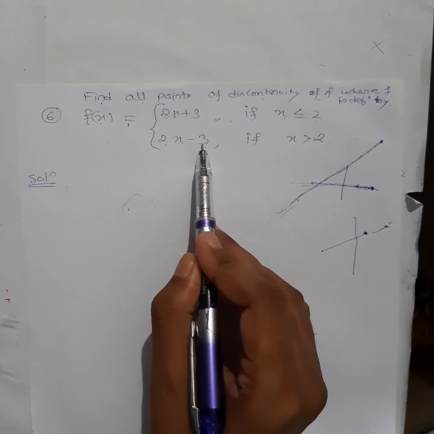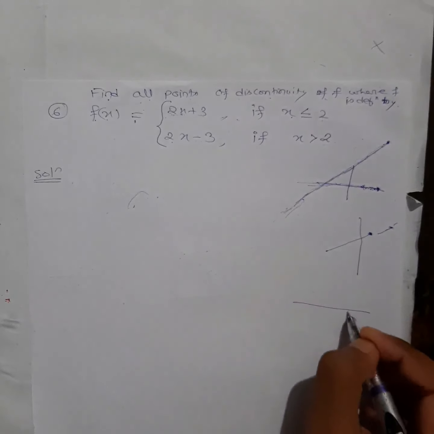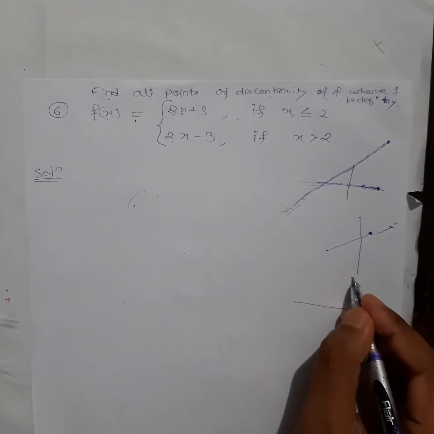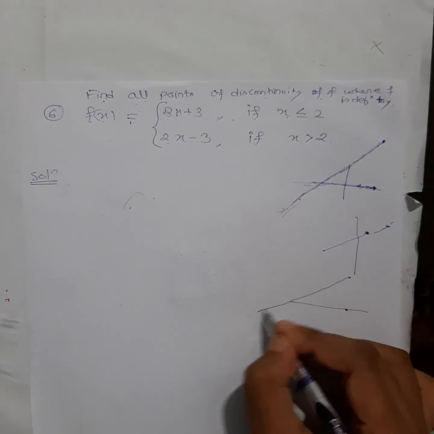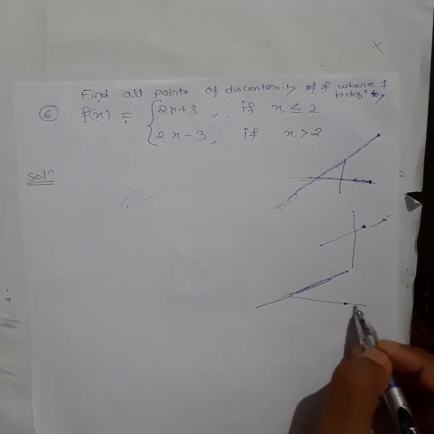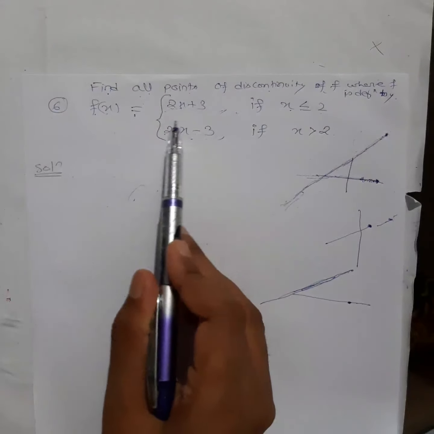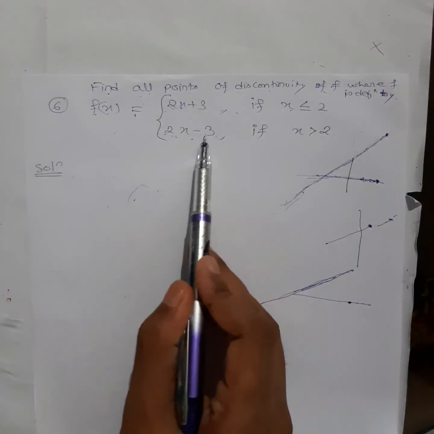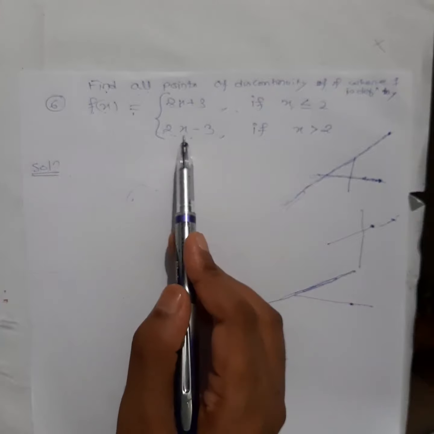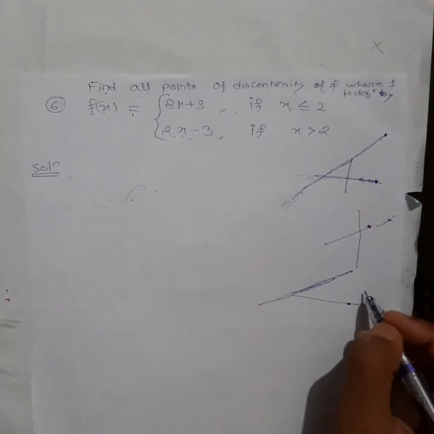Okay, 2x minus 3, this function you can use for x greater than 2. Meaning when you take x greater than 2, at 2 you are not taking it now. At 2, this is the point, right? Suppose you have taken 7, check that this is the graph, it will never break. Now you check after greater than 2 whether the graph will break or not. Now the graph will be which one? 2x minus 3. This also I know is a line. 2x minus 3, it's a linear equation again, right? If I take x as 3, what will you get? 2 into 3, 6 minus 3, 3. So the point will be somewhere here.